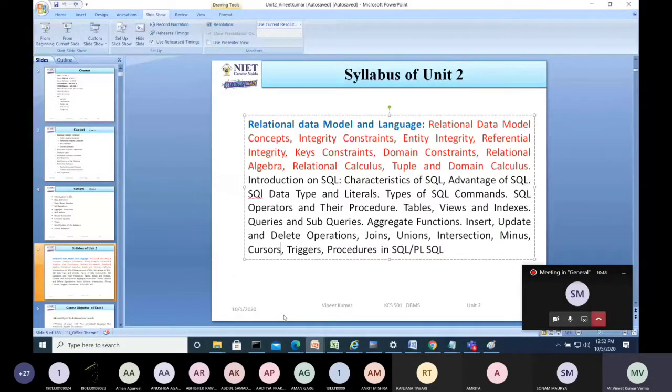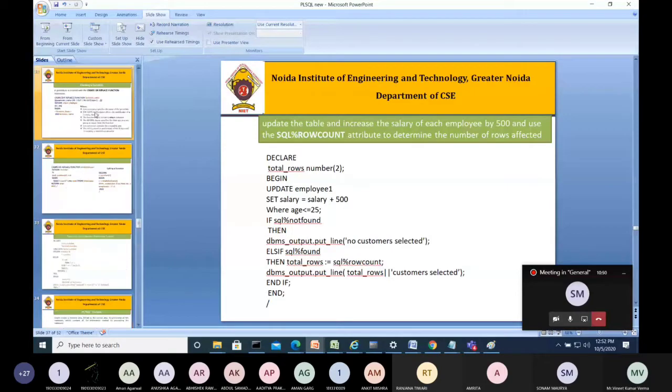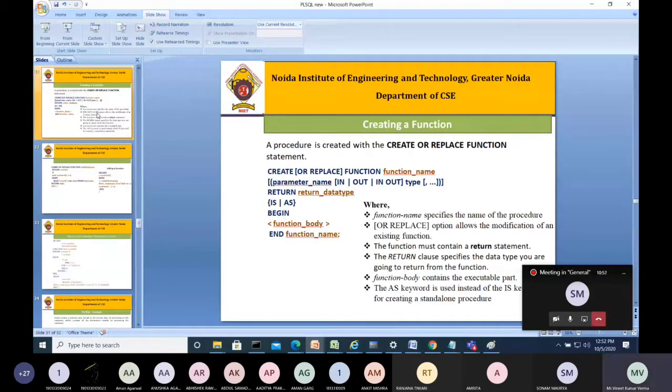So, going with the cursor. Last time we have seen how we can create functions, right? Creating a function, we pass some parameter and it will return some value. So we have to define their data type, the AS keyword is used for defining the body of the function, and we write any executable statement within the begin and end. After that, we have to end that. And this function is called in the main program and we have to check this.